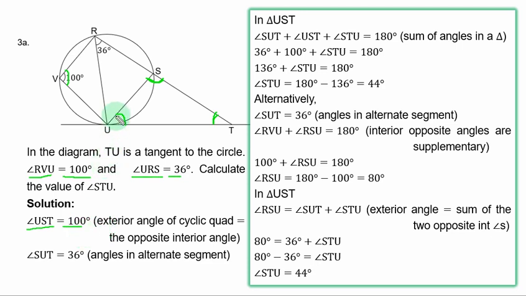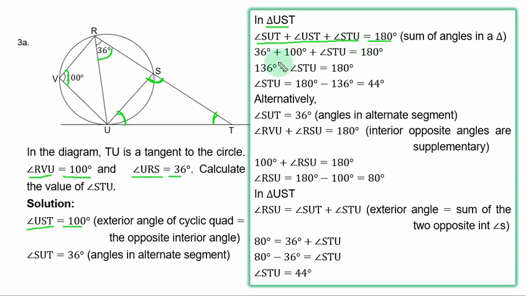Then secondly, this angle SUT is equal to this angle 36 degrees. Angles in alternate segments. In triangle UST, the sum of the three angles is equal to